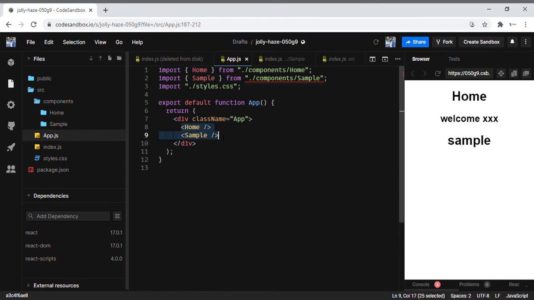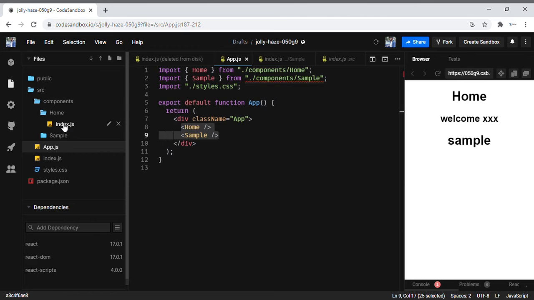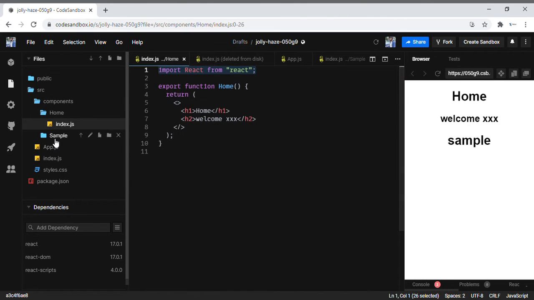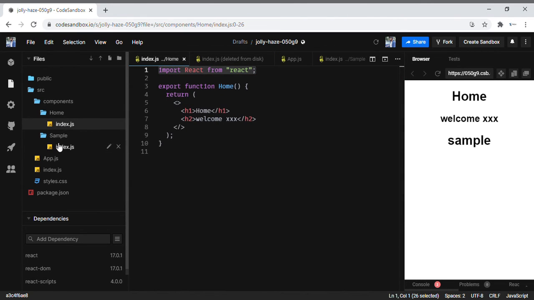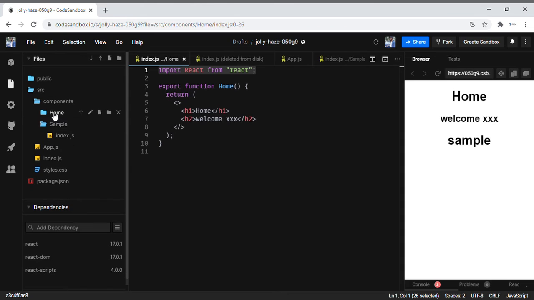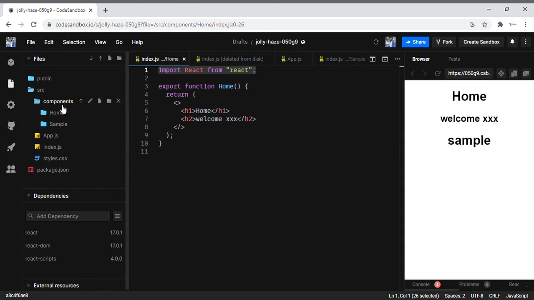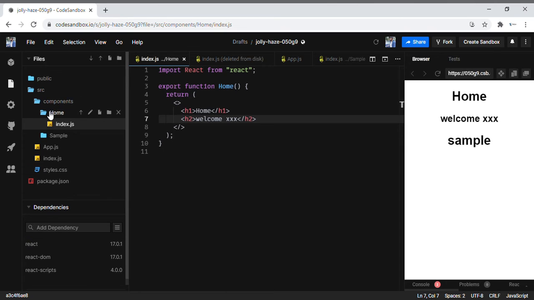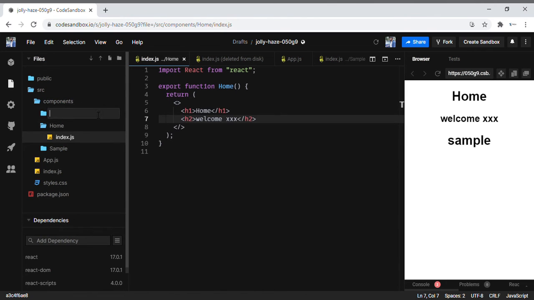Consider that you have a scenario where you have to display the home component in the sample component. No, I won't do it like this. Let me create another component. Consider that there is another component. Let me create a component called